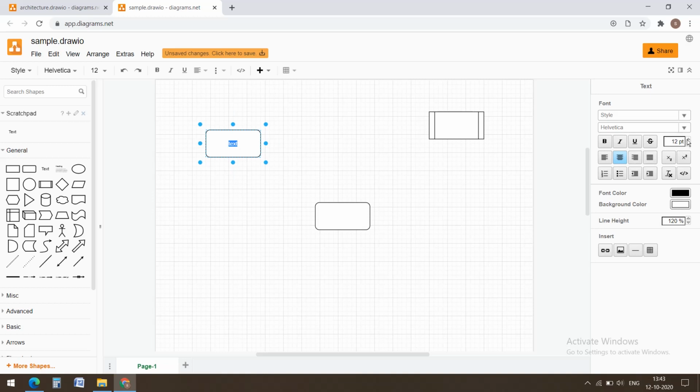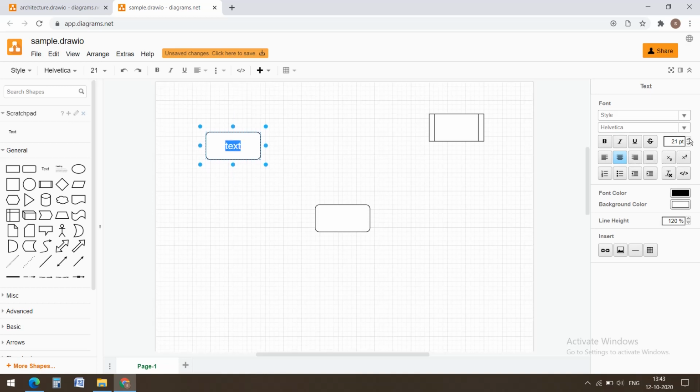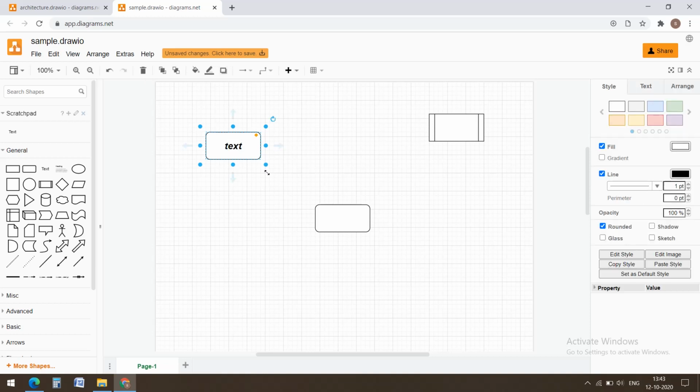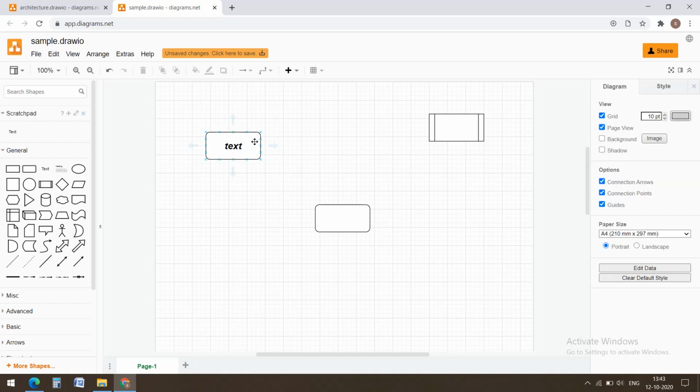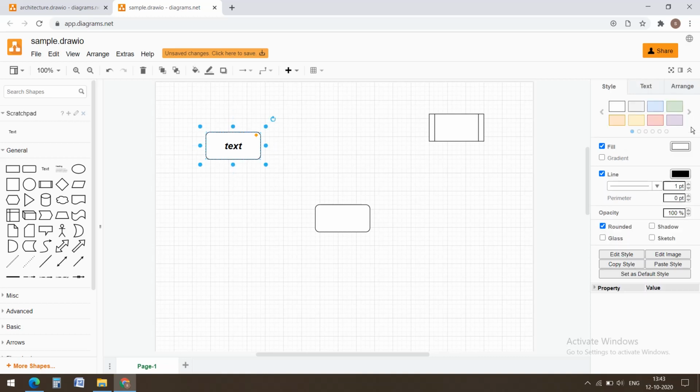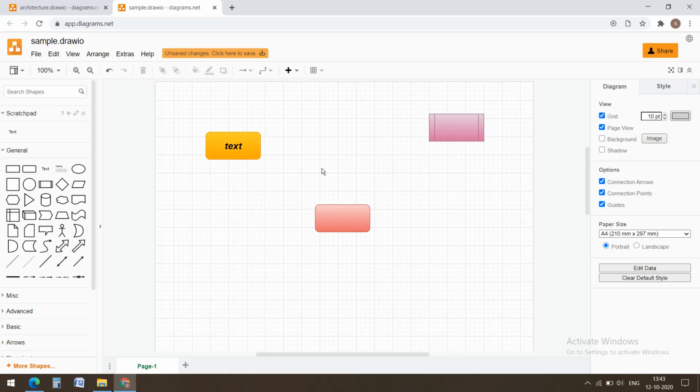You can change the size, alignment, bold, italic, and styles. To get a good look, we can add colors to these blocks. Here we can find some cool colors.